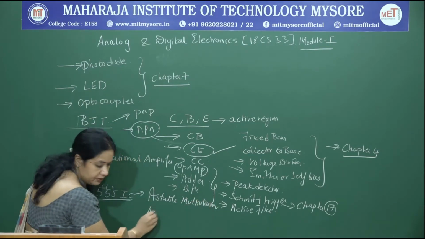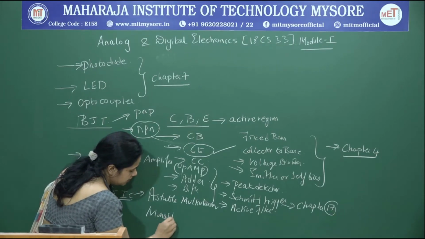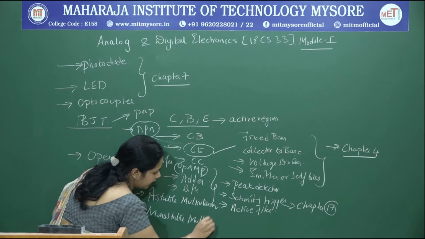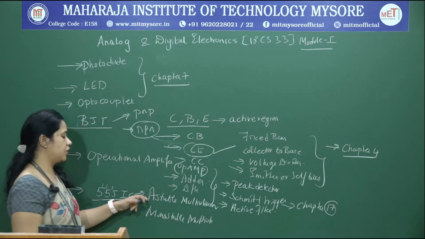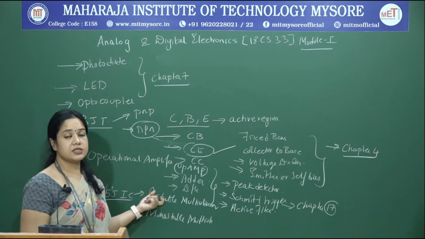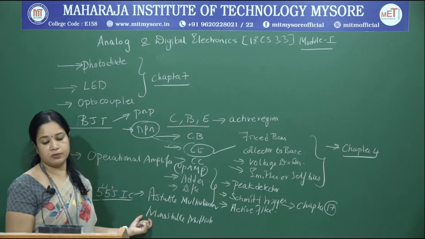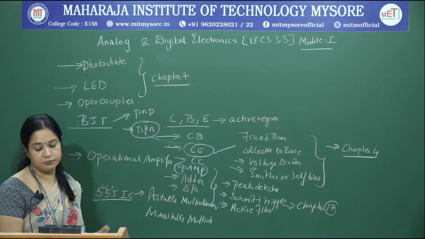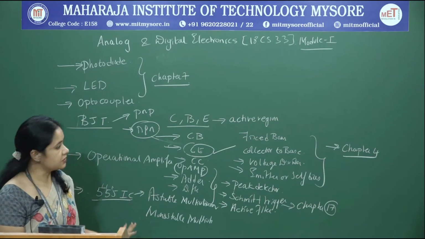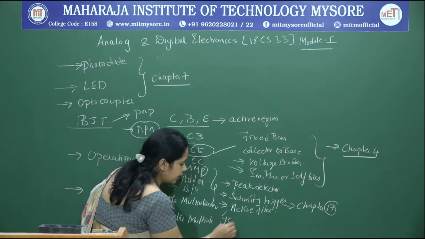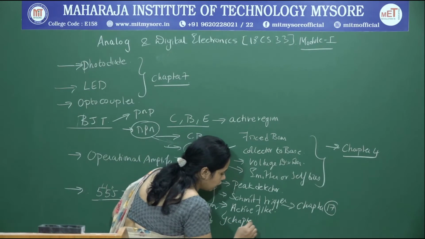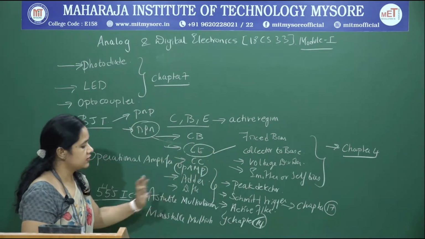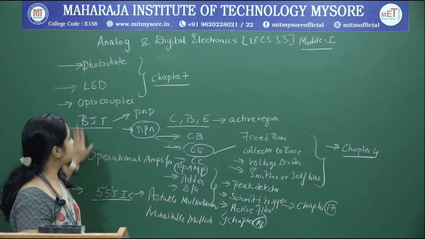and a monostable multivibrator. So we will see what is inside a 555 timer, why we call it a 555 timer, and how to rig up a 555 timer as an astable multivibrator and a monostable multivibrator. We will look in detail, and these topics have been picked up from chapter 13 of your prescribed textbook. So basically, if you are referring to your textbook, you have topics picked up from chapters 7, 4, 17 and 14.